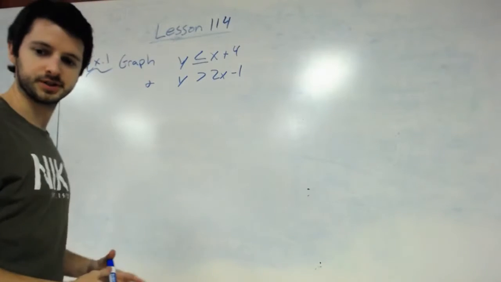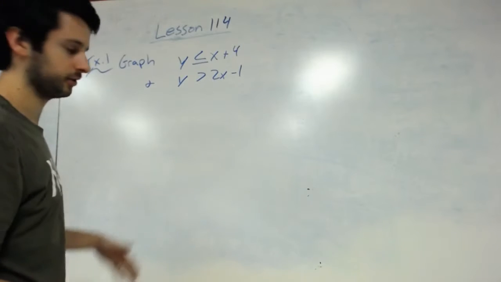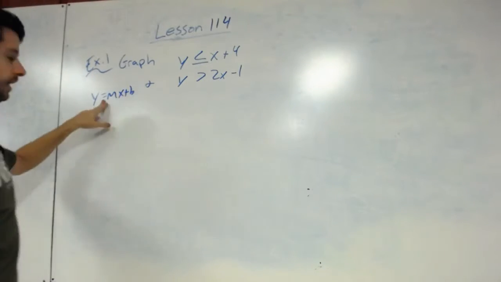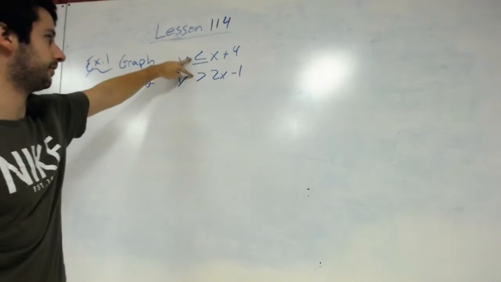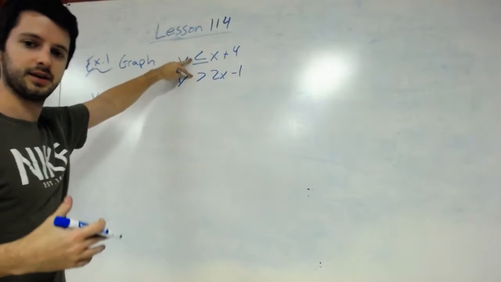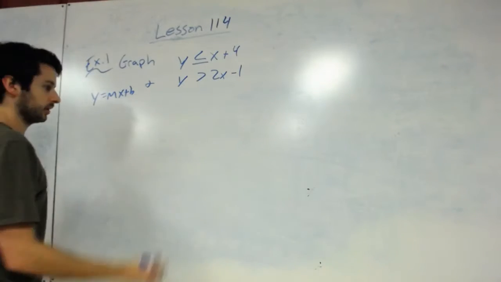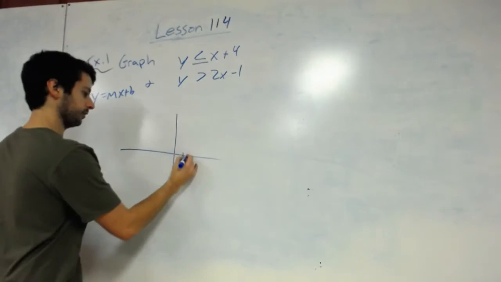Lesson 114, we're going to look at graphing and solving inequalities. So in the past we've done y equals mx plus b, and we have an equal sign, and then we graphed. Well, the only difference here is we have a greater than or a less than or equal to, whatever. We have one of those inequality type of signs. So what we're going to do is start by just graphing it like we would a normal line